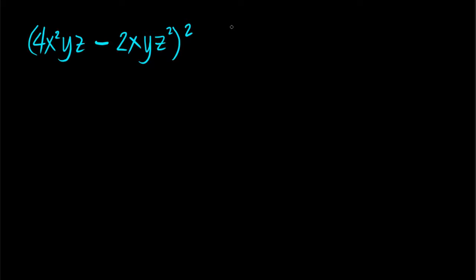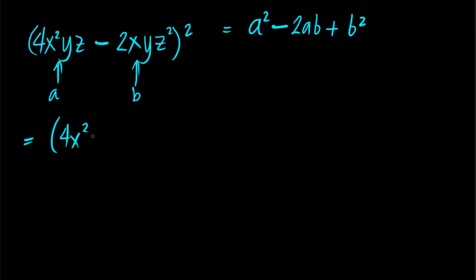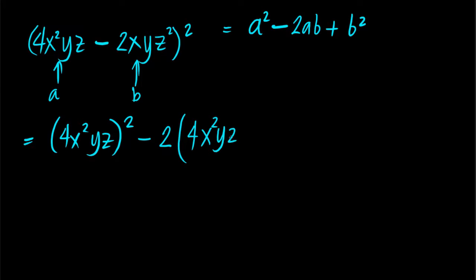Remember, the pattern was a squared minus 2ab plus b squared. This is your a, this is your b. Now, a squared is 4x squared yz, all of them squared, minus 2 times 4x squared yz times 2xyz squared